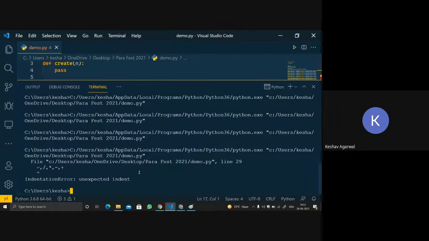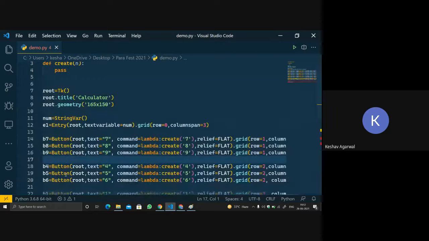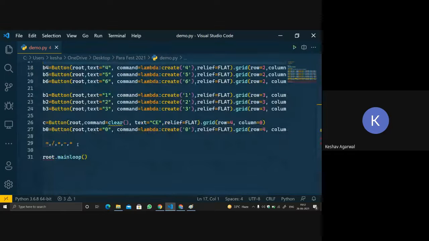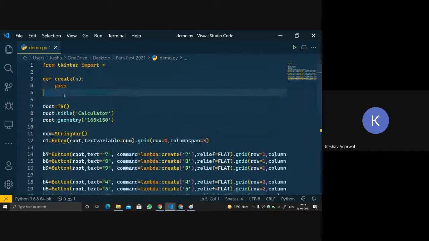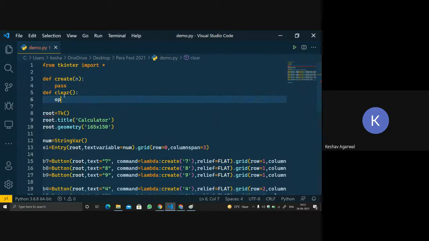We will add a button over here. We get an error that here is not defined. Let's define another function, def here, and just use a pass keyword. Now let's run the code.